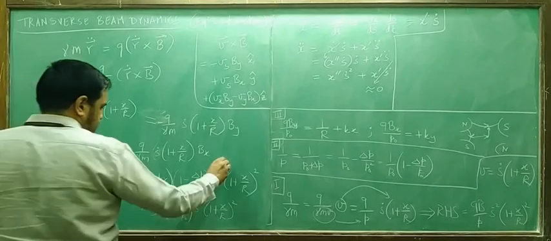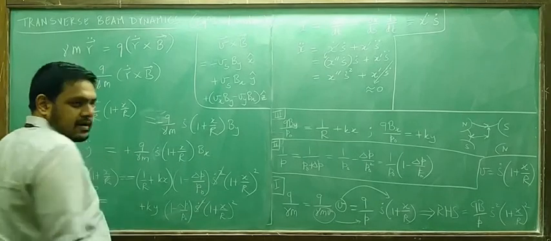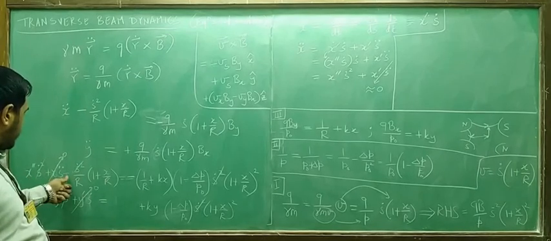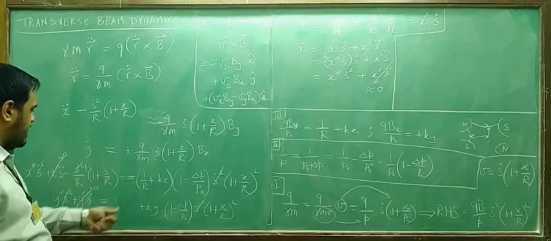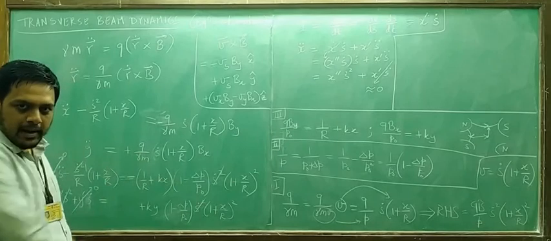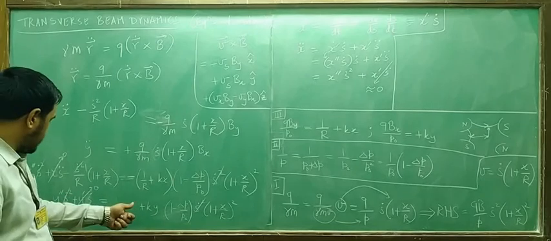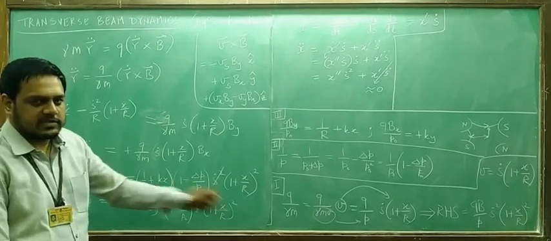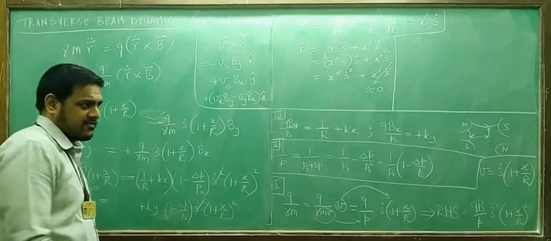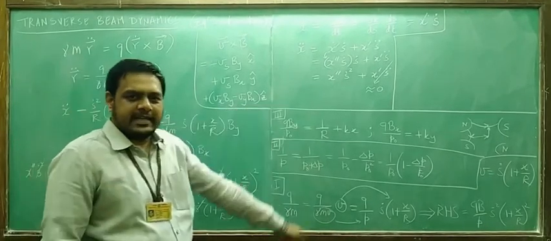Okay. So, if we neglect that s double dot term here, we will find that s dot square cancels everywhere. And what you are left with is x double prime minus 1 by R square into 1 plus x by R equal to minus 1 by R into the remaining terms. Similarly, y double prime is equal to the corresponding expression. Now I think we have space enough to do this. At the end we will probably have to rub these three layers, which is fine.